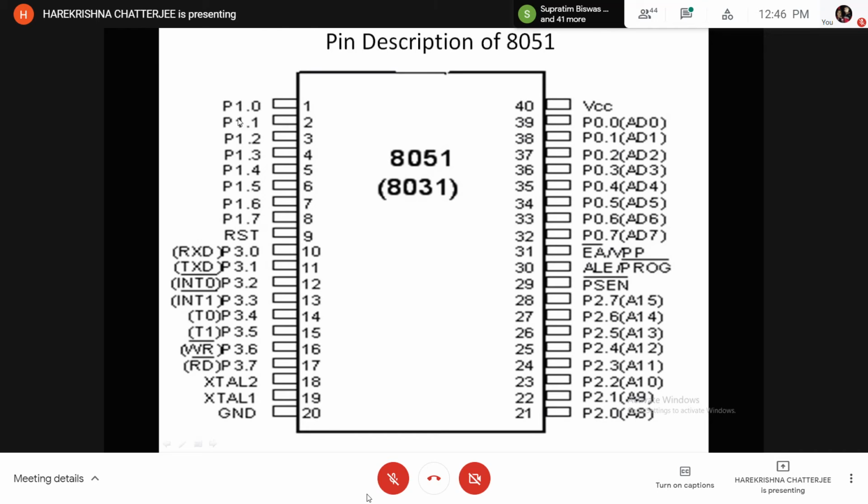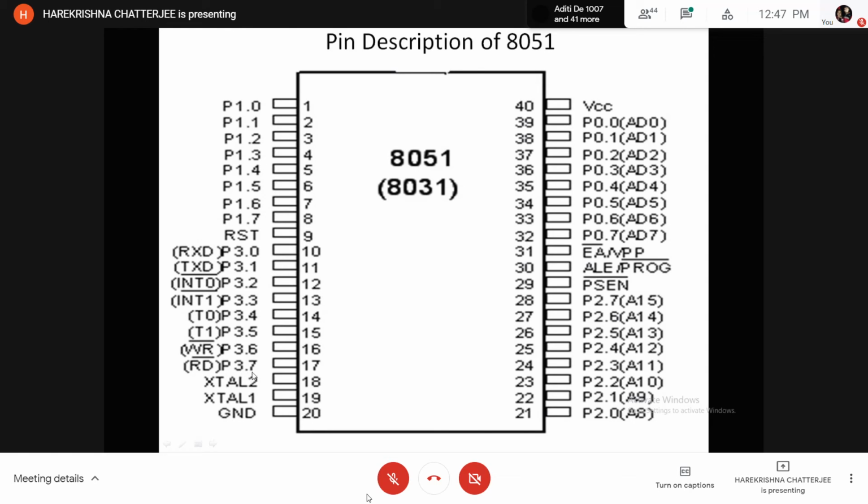Another 8-bit port, port 1, P1.0 to P1.7. Another 8-bit port, port 2, P2; each individual bit is P2.0 to P2.7. And another 8-bit port, the P3 port, also 8-bit. Each individual bit is P3.0